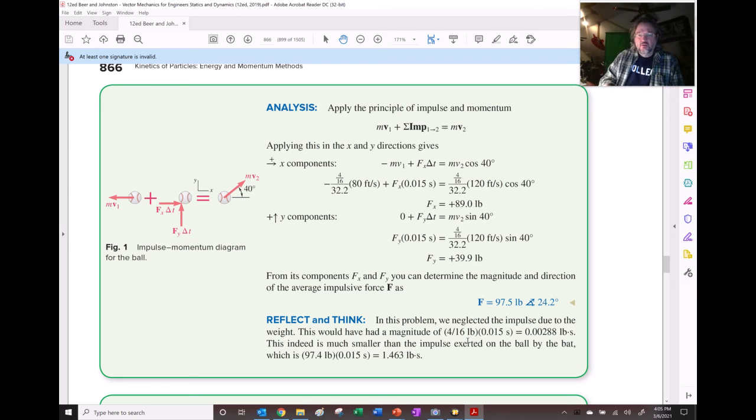How come those aren't the right numbers? Isn't that weird? 4/16 times 0.015, and they didn't get the right number. It should be